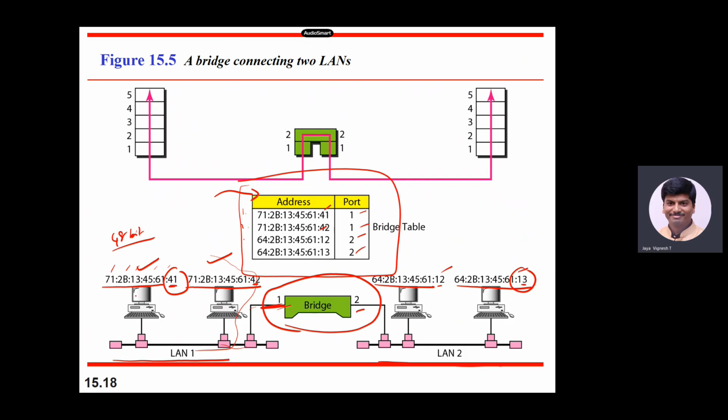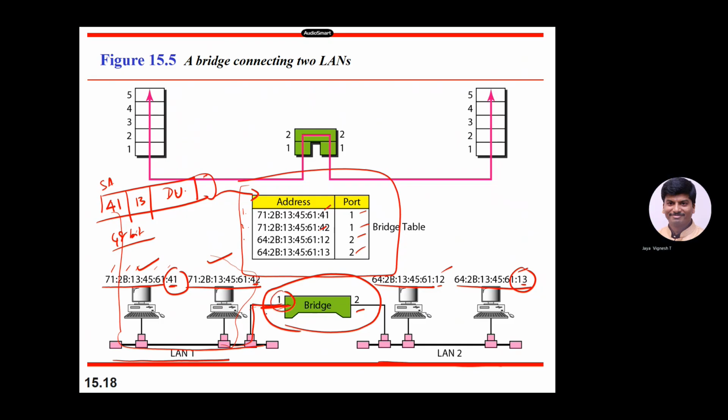So when system 41 generates a frame, it's going to add in the frame header the 48-bit address. Let me just put the last byte alone. So 41 is the source MAC address, and the destination MAC address is going to be 13, and you have the data unit and the trailer that you generated. So when this frame is put on LAN 1, since it's basically a broadcast medium, every device is going to receive that, and the bridge is also going to receive this frame via port